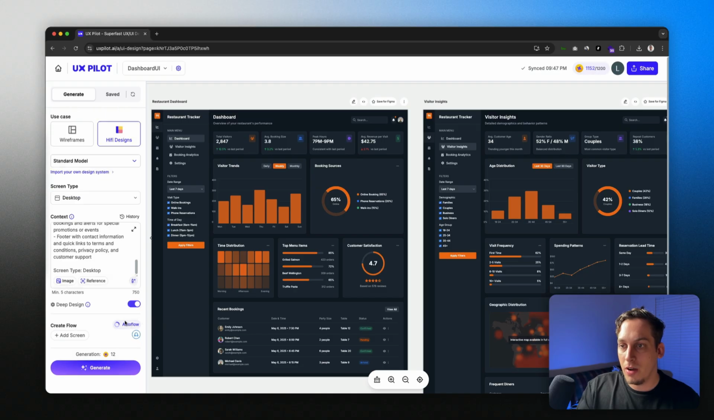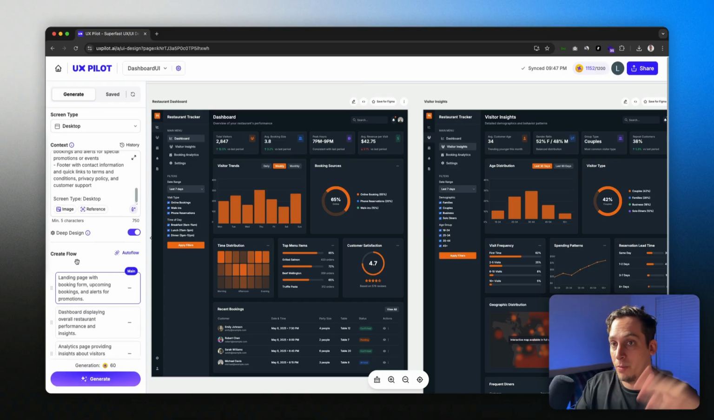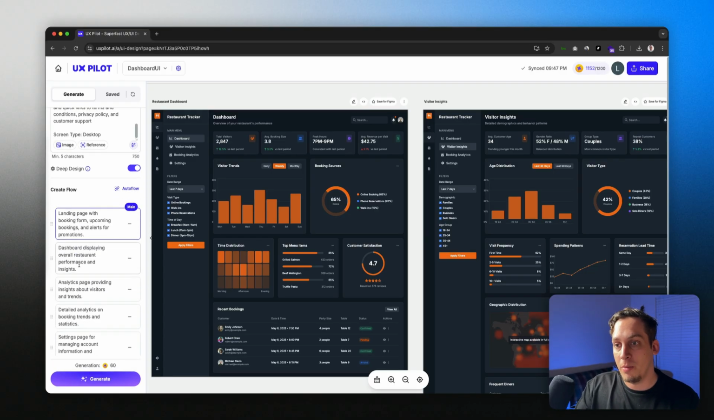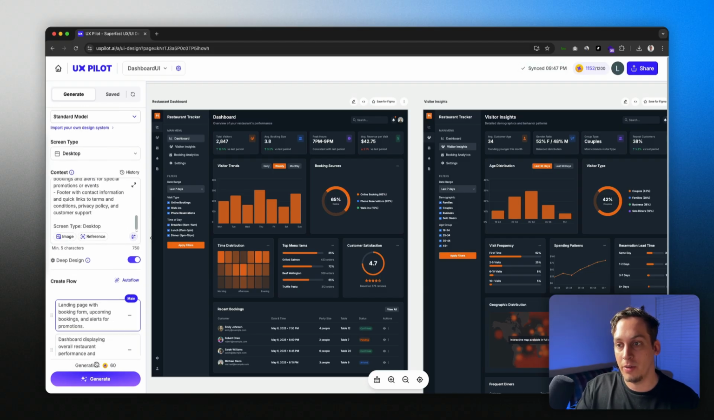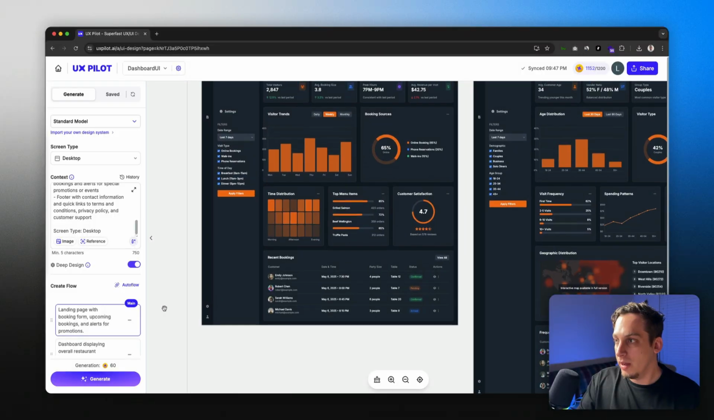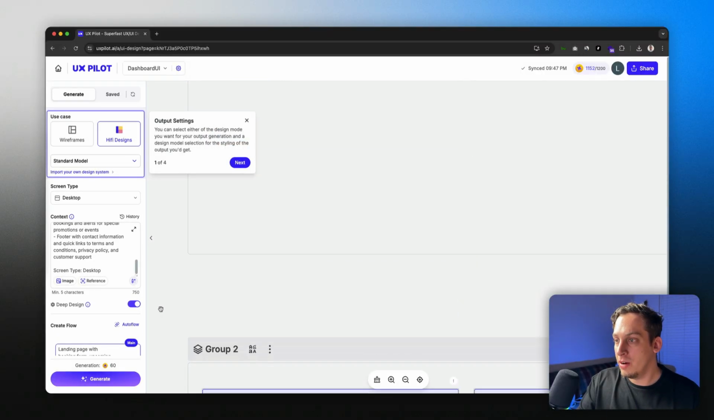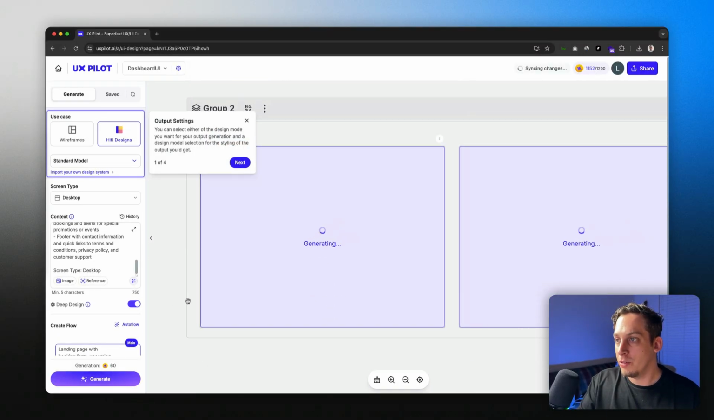Remove this and create an auto flow for this specific context, which would be the landing page that we're going to eventually build in Framer. And I'm going to just build one page, but just to kind of show you the idea of how to do it. So let's click on generate. And if we scroll down over here, we start getting these two different generations